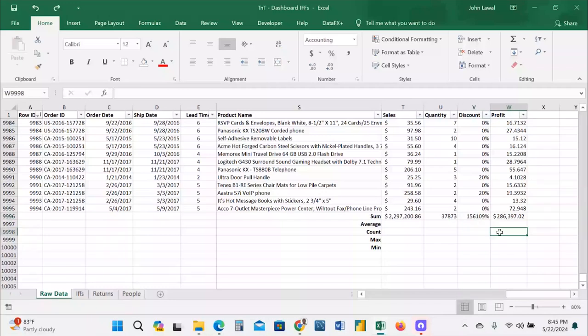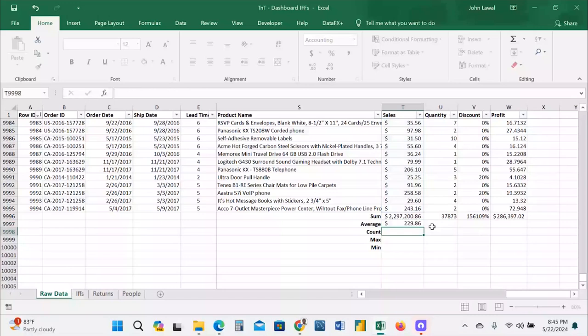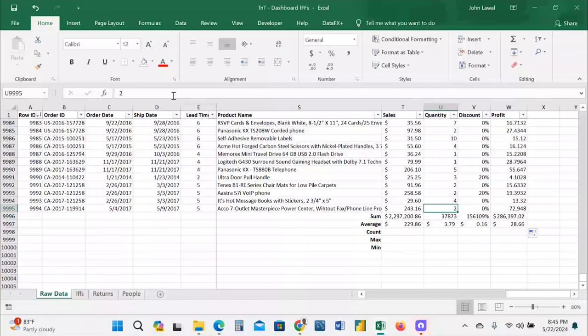So for average as well, we can call the same thing in average and say average of this. So you could see that it is adding 9,996 to it. You can just limit it to what you need, and that is what you want. So do the same thing, apply the filters here, and the same thing here, apply the filters. So now it makes sense that the average percentage discount that has been given across board is 16%. That makes a very good sense than this